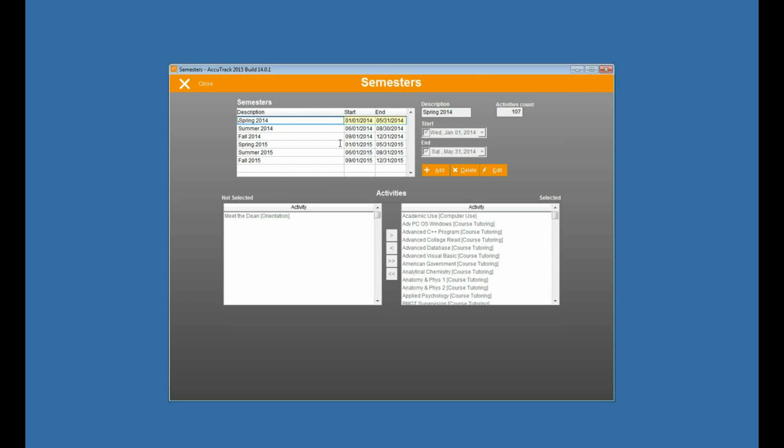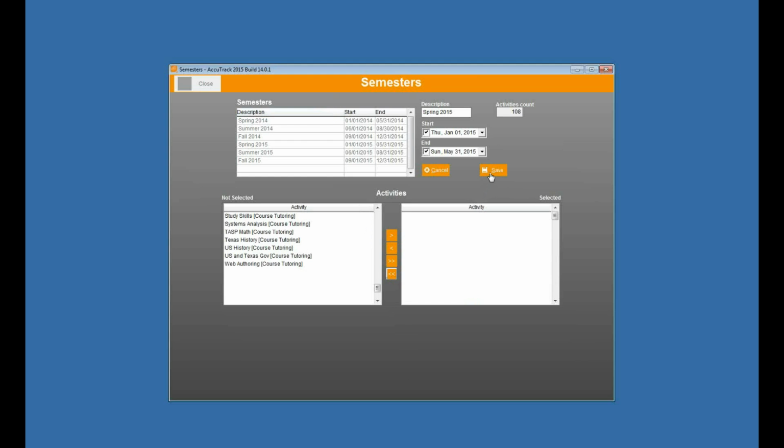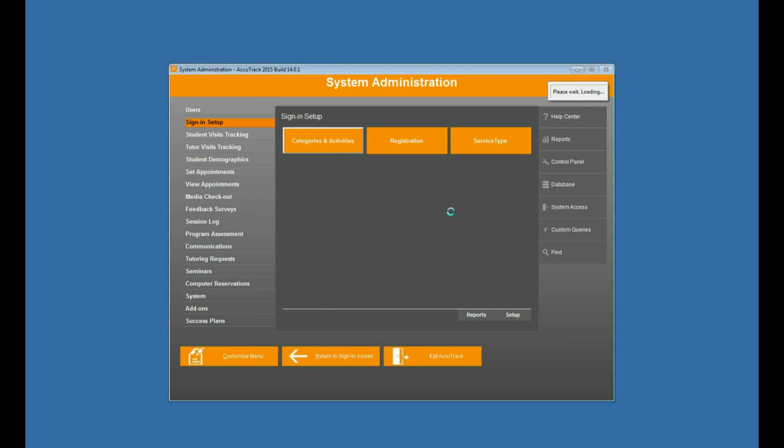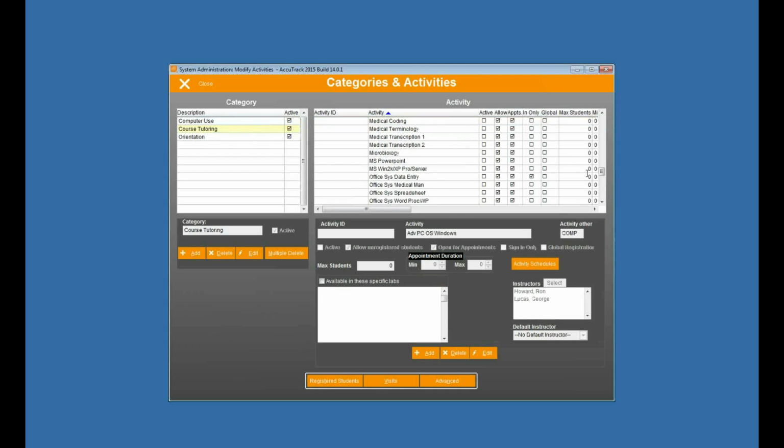Okay, the way AccuTrack and AccuSQL work is when the system opens, it looks for today's date. So today is February 27th. That falls in my spring 2015 semester. So what it will do is make all of the activities active that are on the selected side for today's date. So if you don't have a semester defined that includes today, or if all of your activities, or some of them for that matter, are moved to the not selected side, then when you go back into sign in setup categories and activities, you'll notice that none of these activities are active,